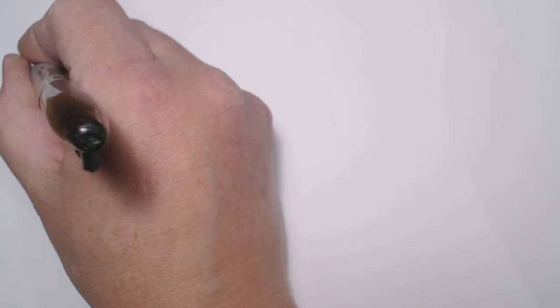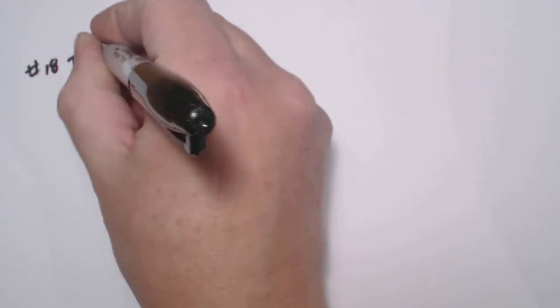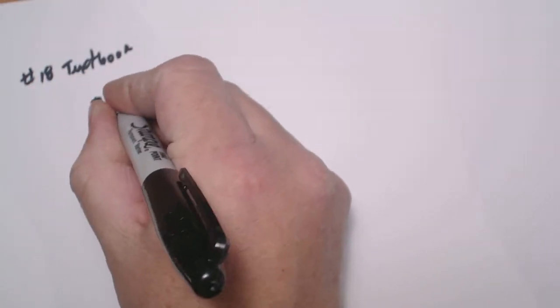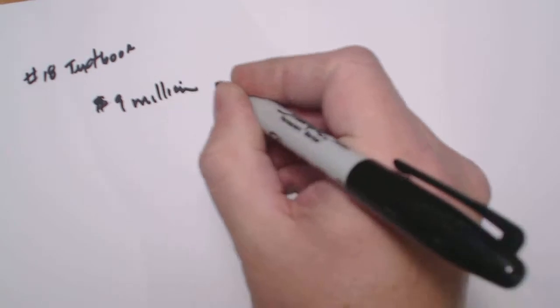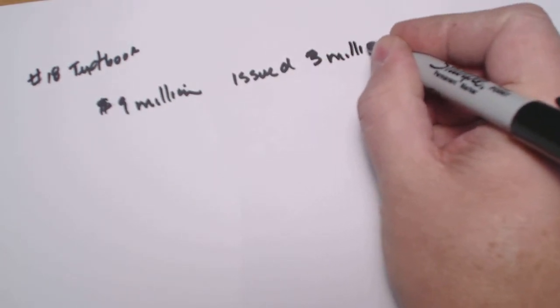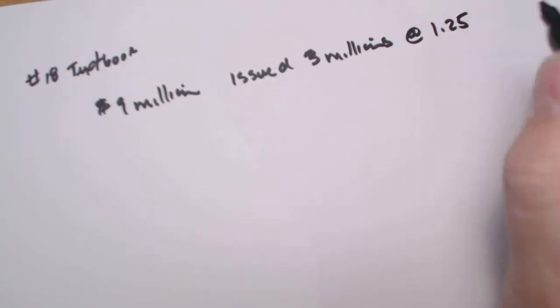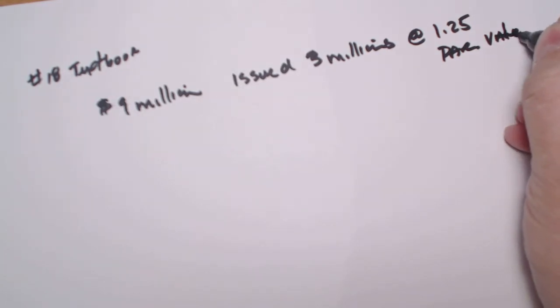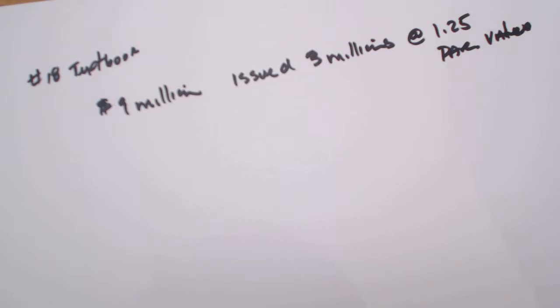We are looking at problem number 18 in the textbook. The problem is about a company called Preston Road. Preston Road Inc. was organized last year when the founders contributed $9 million and issued 3 million shares. Those were issued at a $1.25 par value. Now, par value is the value that is on the front of the stock certificate, and